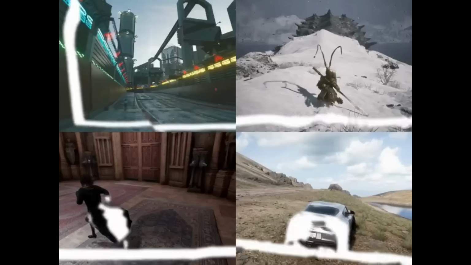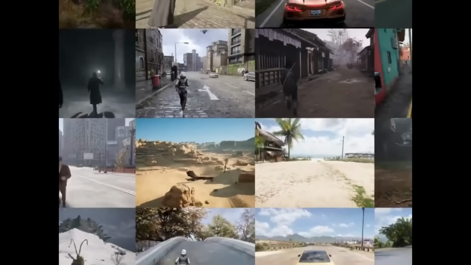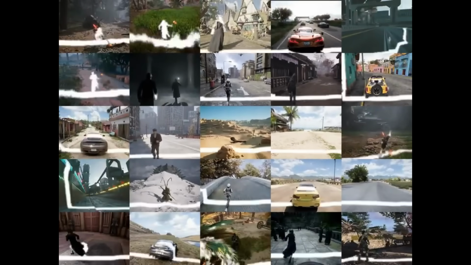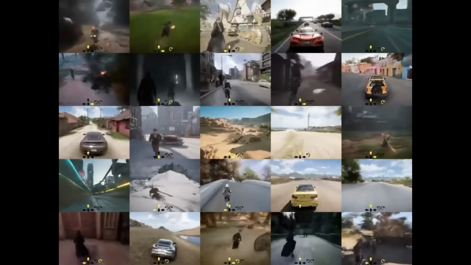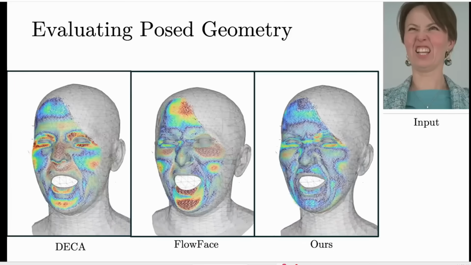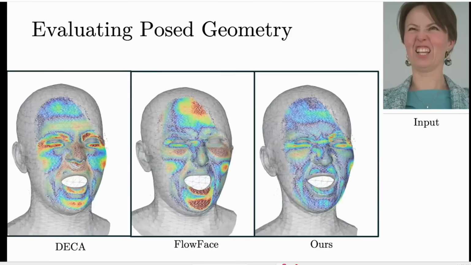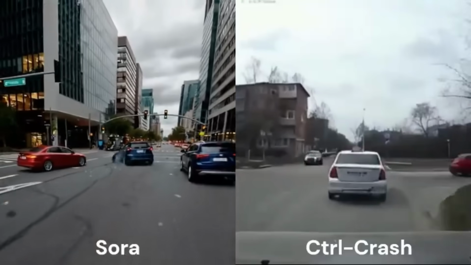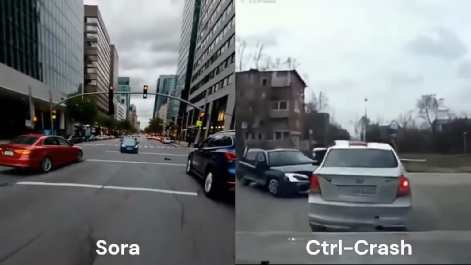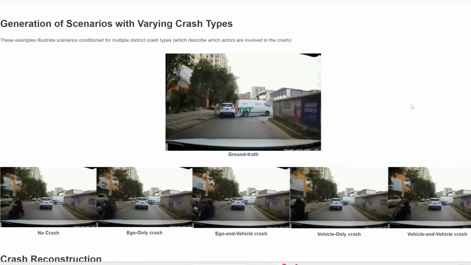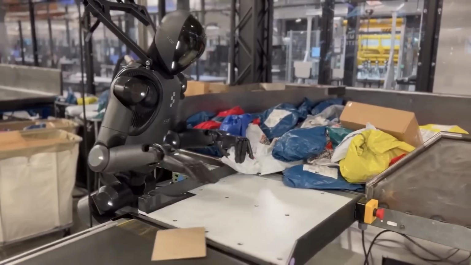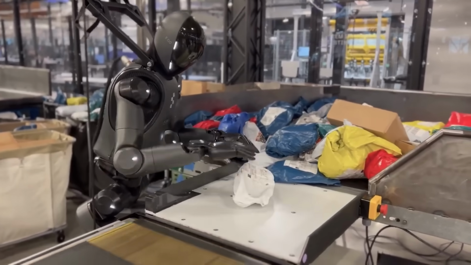This AI can generate gameplay scenes of any video game, and you can actually control these scenes using key presses or a game controller. This AI can generate a super realistic and high resolution model of a person's face. Plus, we have an AI that can generate super accurate predictions of car crashes, out of all things, and a lot more. So let's jump right in.